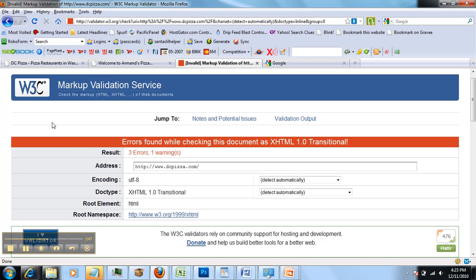And you can run your site through this tool as many times as you need until you get it right where you want it. So that's the W3C validation tool, and that's how you use it. And to sum it up,